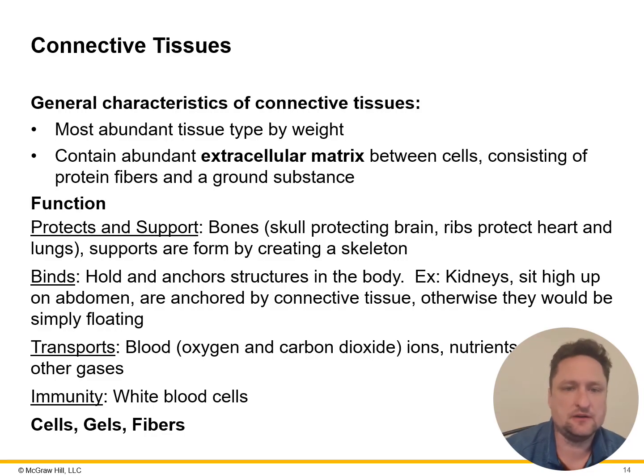This matrix allows connective tissue to vary dramatically in consistency. So this ranges from the liquid plasma of blood to the dense mineralized structure of bone. Connective tissue performs several essential functions. It supports and protects organs, binds body parts together, stores energy in adipose tissue, transports substances such as gases and nutrients through blood,